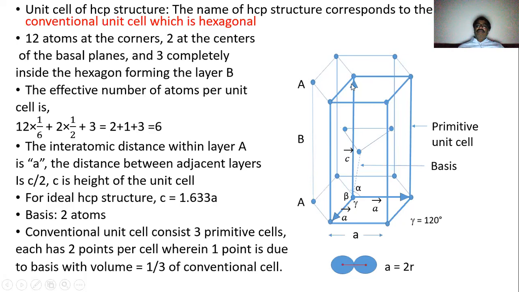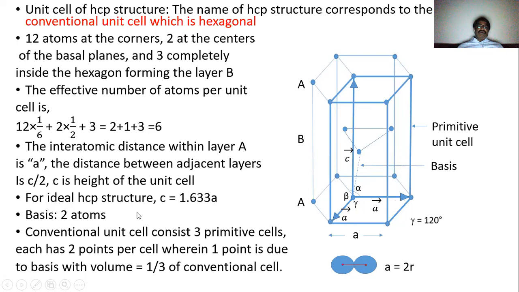Okay, and you will find that the A layer has the lattice parameter a. So length and width is a. But what about the distance between them? That is the height of the unit cell, and that is equal to c, which is not equal to a. So a equal to b equal to a here, and which is not equal to c. So height is greater, and the distance between layer B and layer A is equal to c by 2.